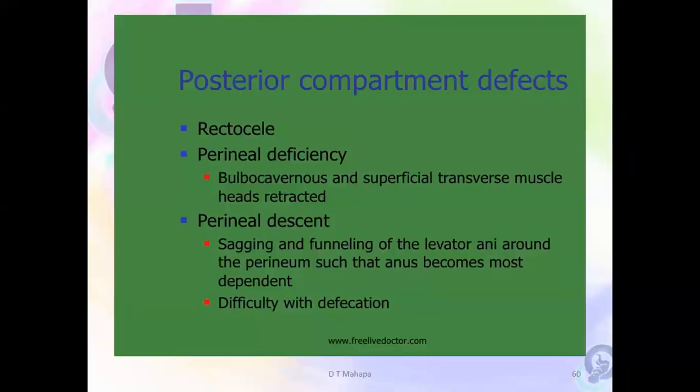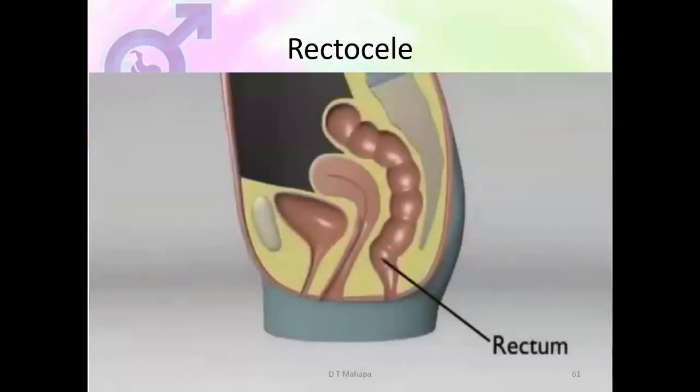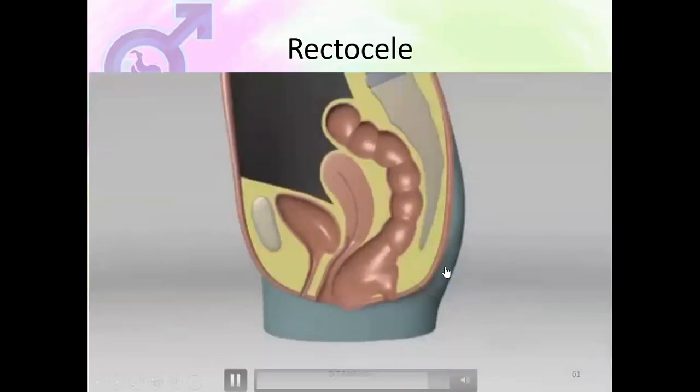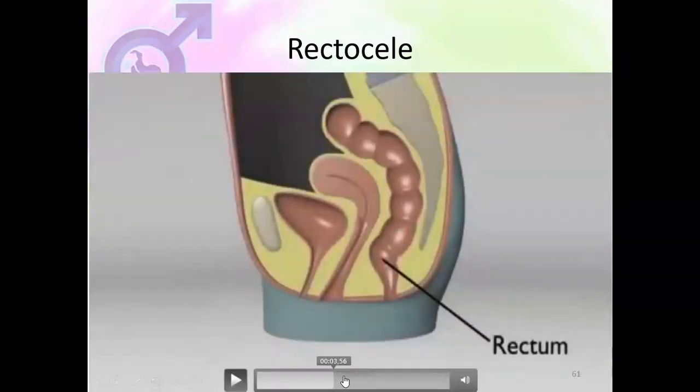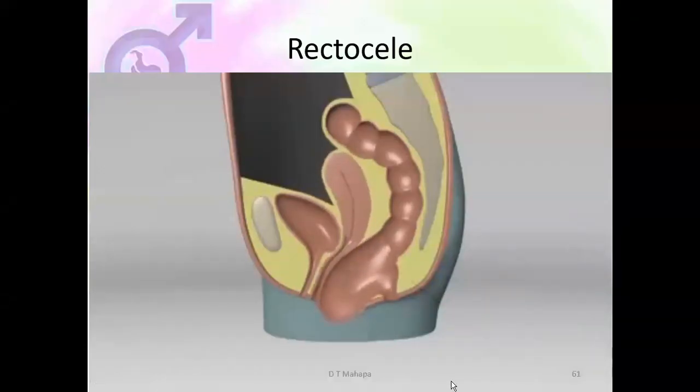If you're standing up here, the anus should be higher than the vaginal end. But if the anus becomes dependent, it means that that basin I described, that hammock, has sunk downwards, and the person presents with difficulty in defecation and tenesmus, that feeling of incomplete evacuation. You look at the rectum as demarcated here. It goes and comes out through the vagina, and the feces can lodge here. It can also be graded like all others. If the rectum is still here, grade 1, grade 2 at the introitus, grade 3.